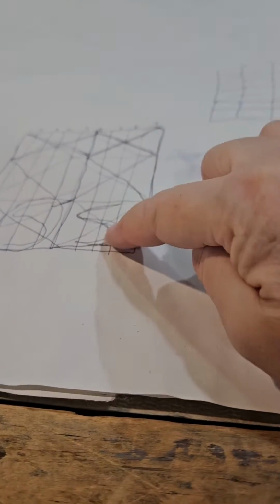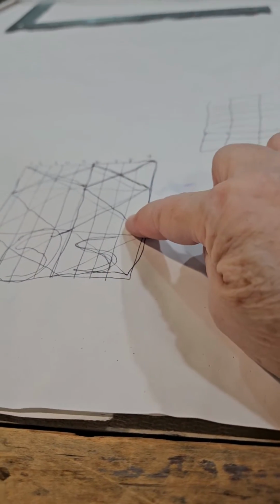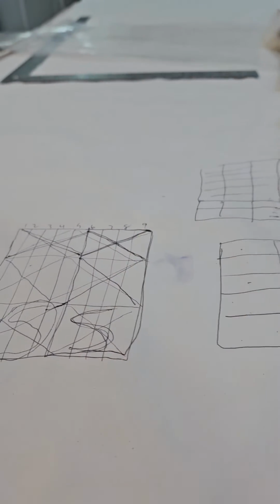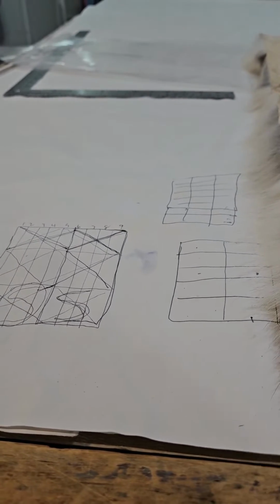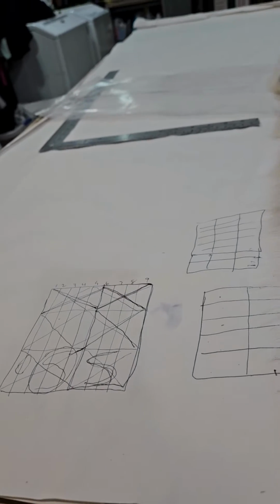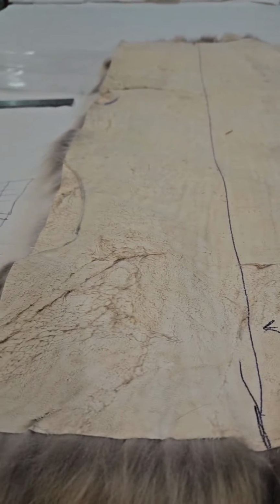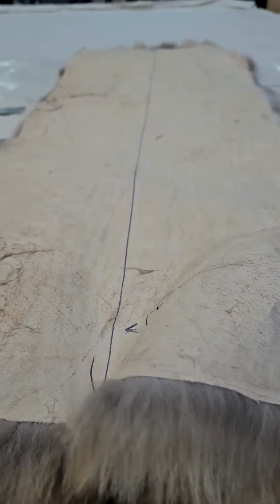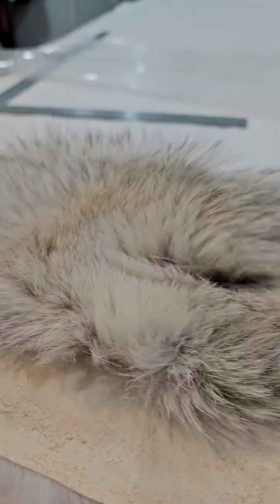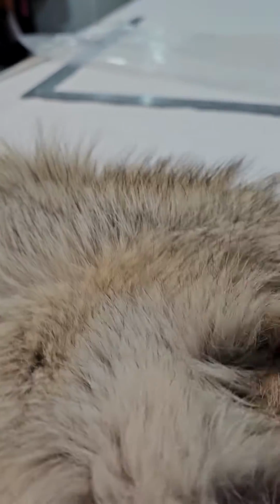So like this row is 35, this row is 35, and this row I think is like 34. But you know, if the one skin was a little longer than the other after I laid these out, you trim them. So we're going to start joining these up. And when you join them up, what you do is you lay one skin next to the other, and